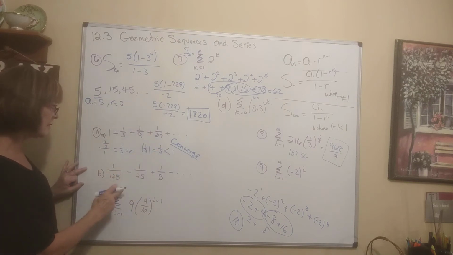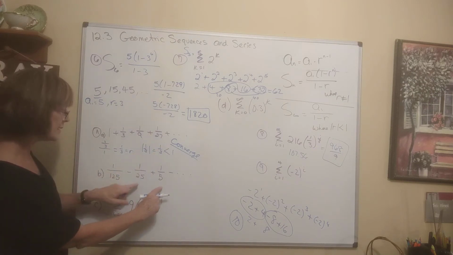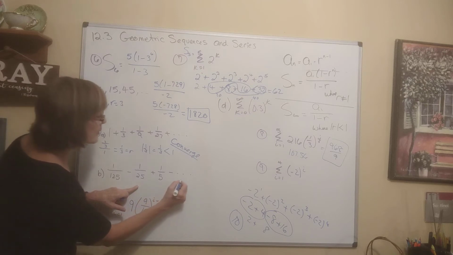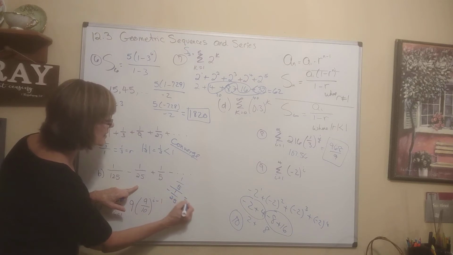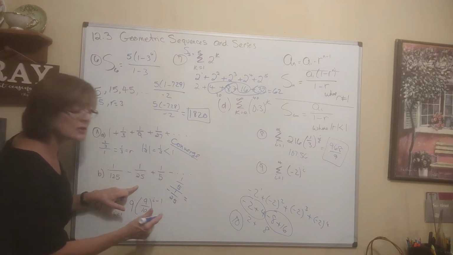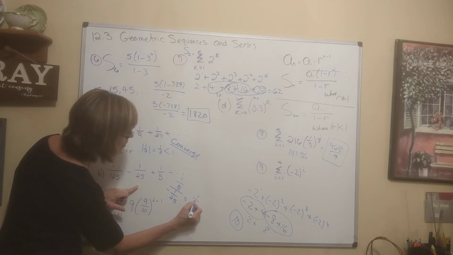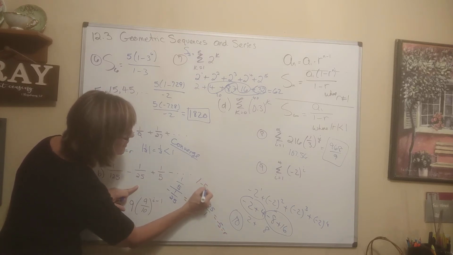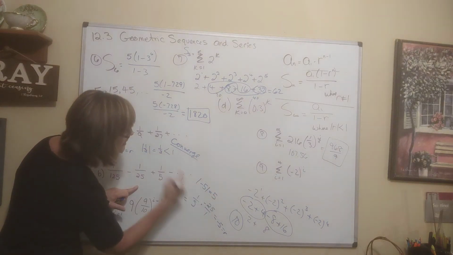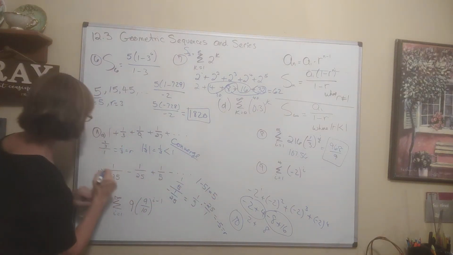Right here, let's figure out what this guy is. Pull out 2 terms. I'm going to take the one further down the road, 1/5, and divide it by the one in front of it, negative 1/25. This is a keep, change, flip, or a division of fractions. 1/5 multiplied by the reciprocal of this is going to be negative 5. The common ratio is negative 5. Well, the absolute value of negative 5 is 5. This is not less than 1. So this guy